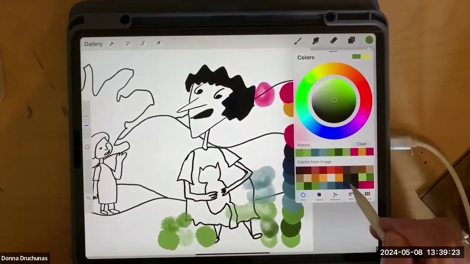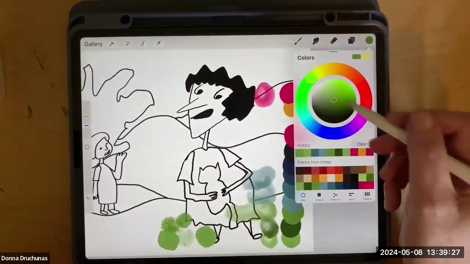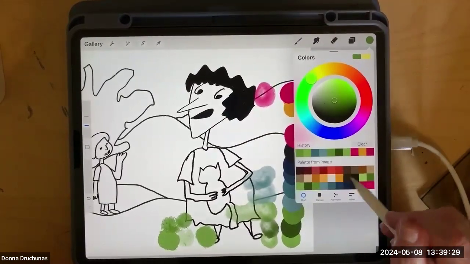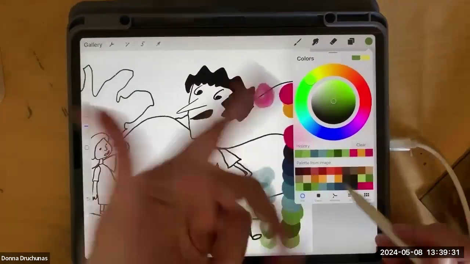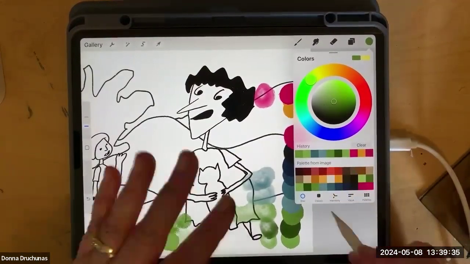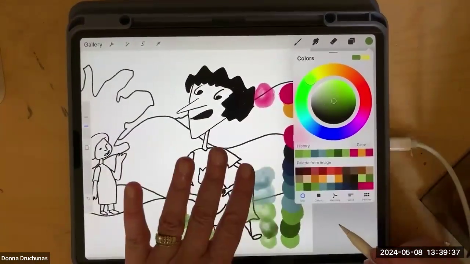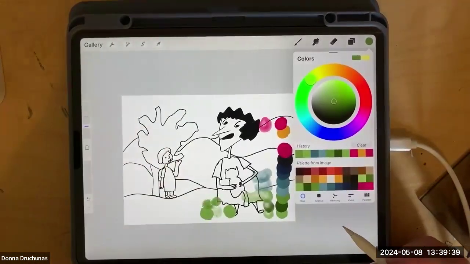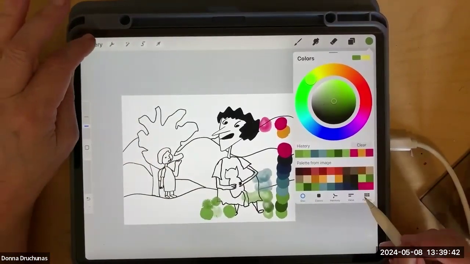And then I might say, well, I don't really need to have black in here because I can always get black easily. And I might put something else in. But this is what I do a lot. And then I decide. Now, here's what I wanted to show you what can happen though, is if you